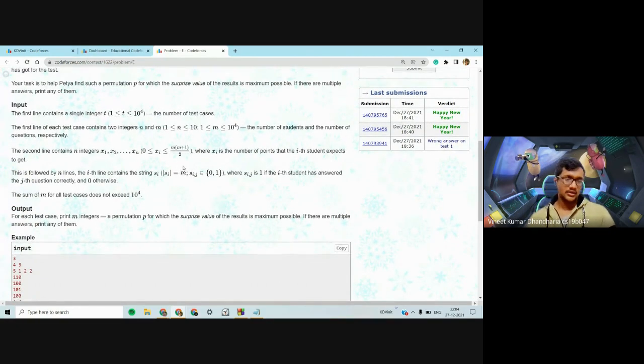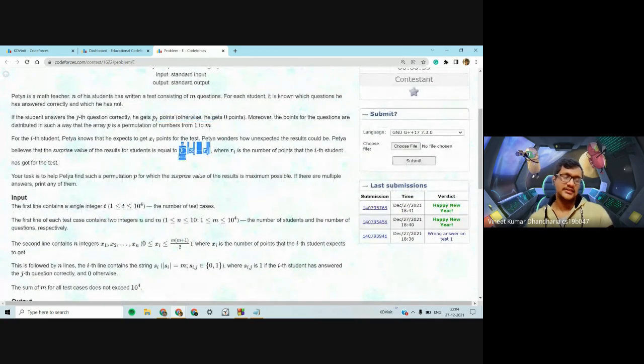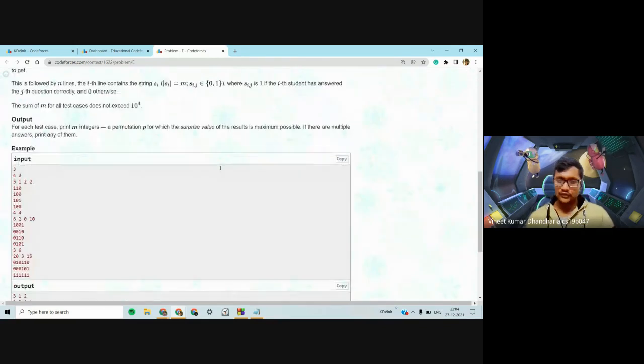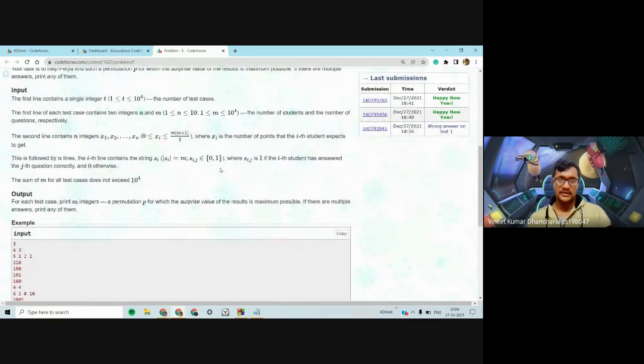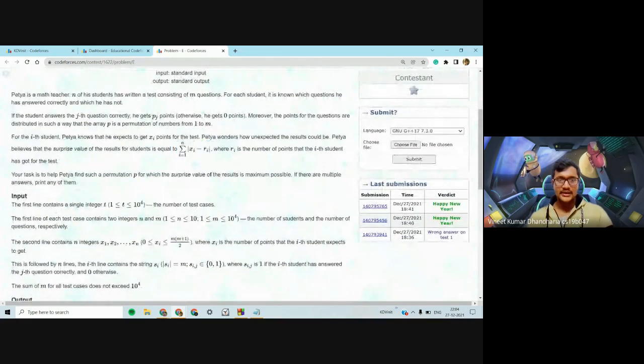And since Petya wants to surprise his students, you want to ensure that the summation of their surprise, which is basically the difference of the score they get and the score they expected, is maximum. So you want to maximize this thing. If you read the question, I guess it would become a bit clear.